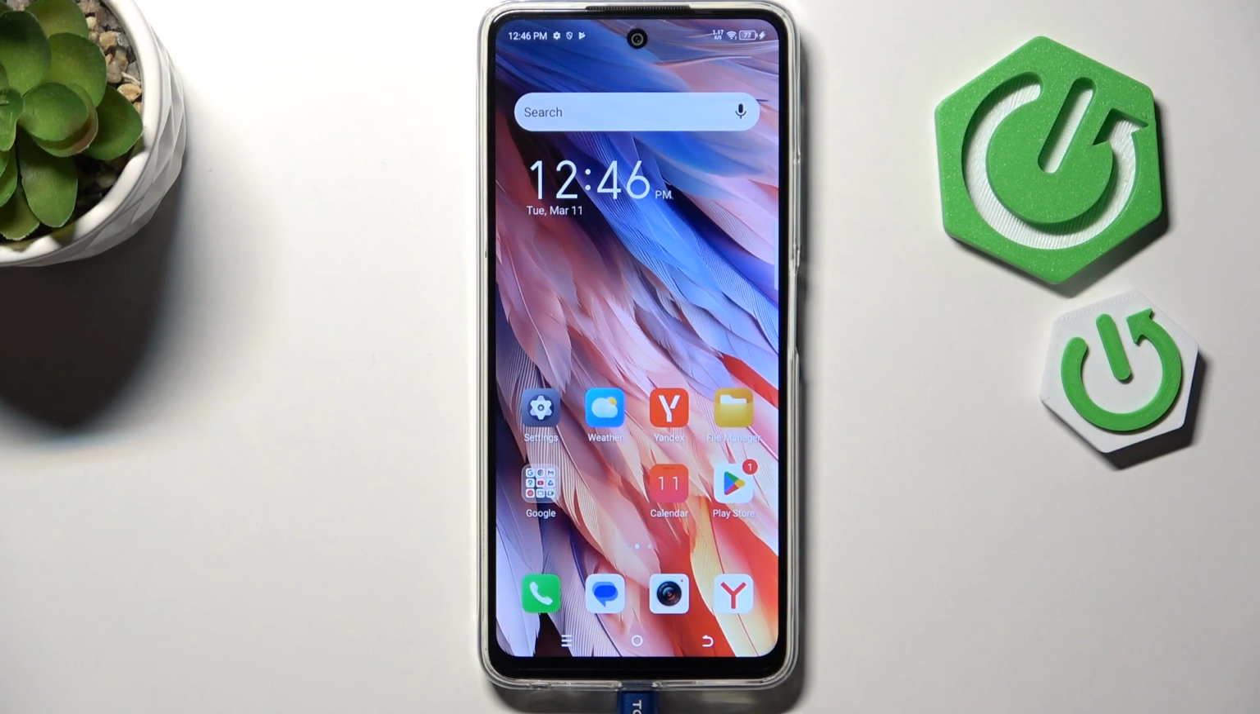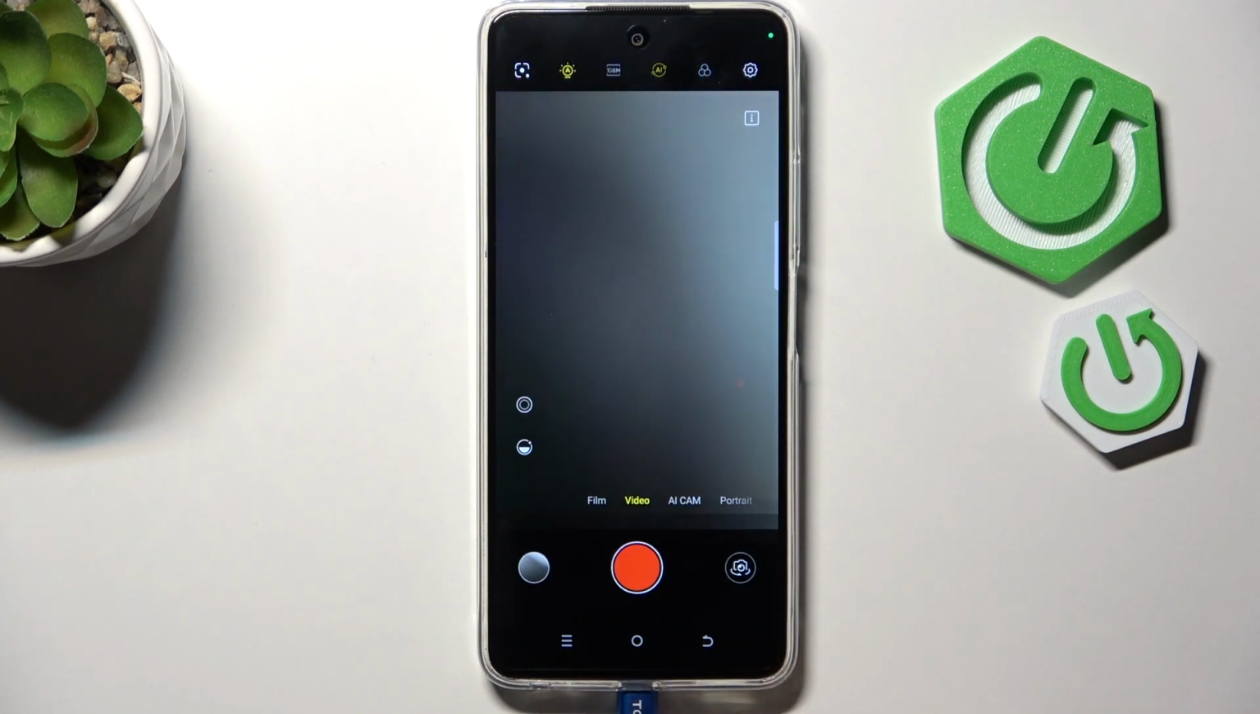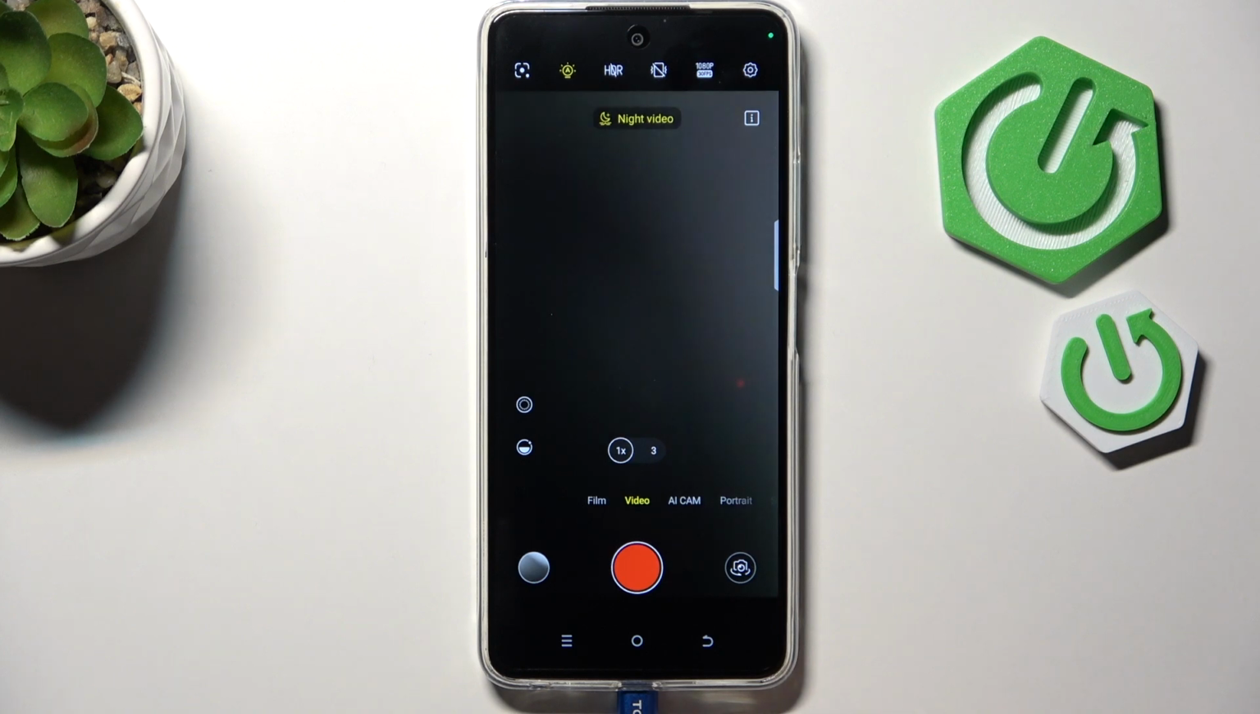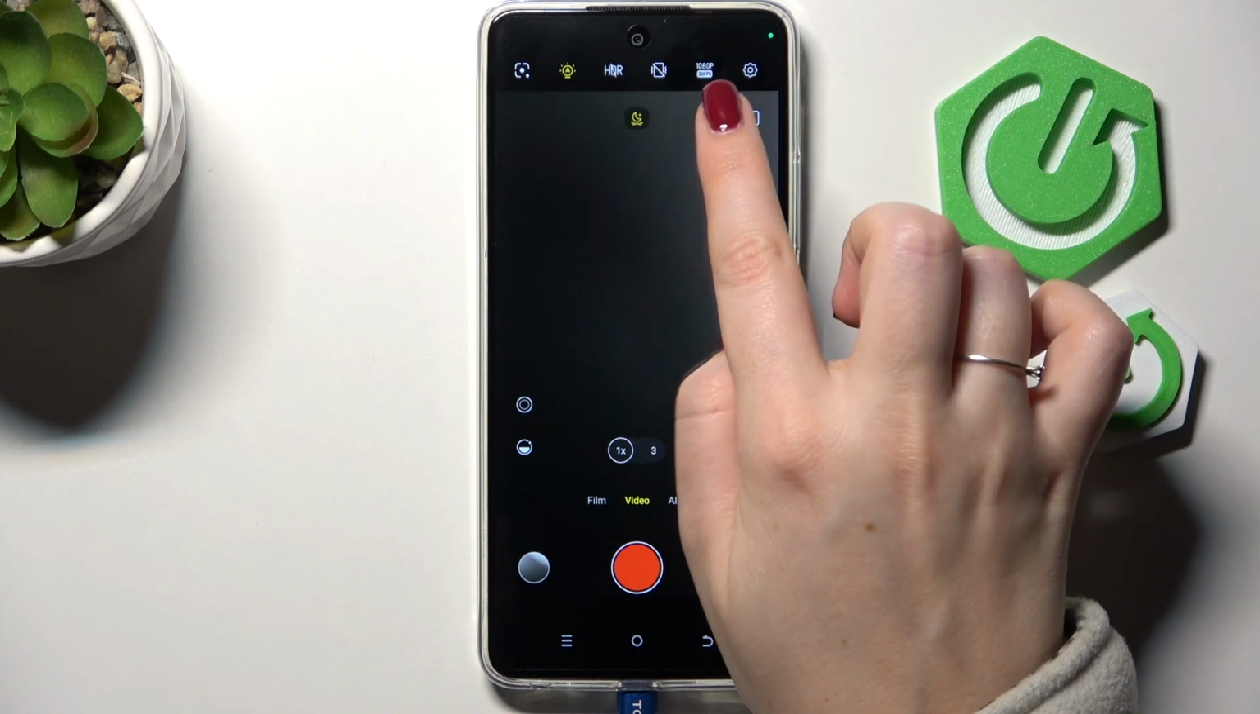So let's start with opening the camera app. Currently we are in the standard photo mode, so let's switch to the video one. If you can see the red color inside the shutter button, it means that for sure you're on the video mode. So now let's take a look at this option bar at the top,